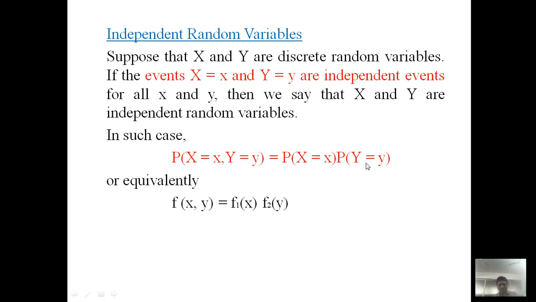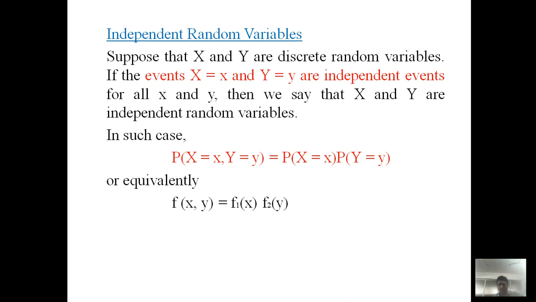The same thing we studied for independent random variables in the one-dimensional case. Now it is just an extension to two dimensions. So ultimately we just have to remember that if the probability of x comma y is the same as the probability of x times the probability of y, and this condition is satisfied, then we say that both the events x and y are independent events. The corresponding variables are known as independent random variables.